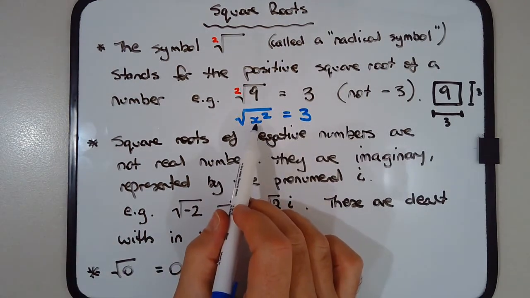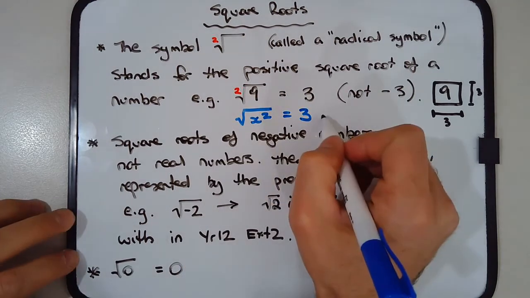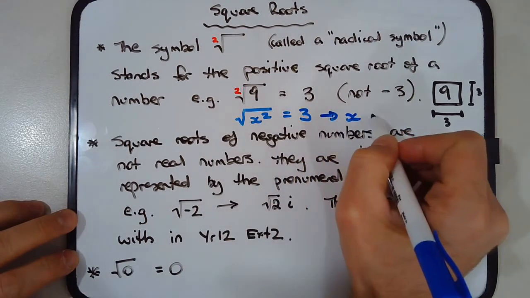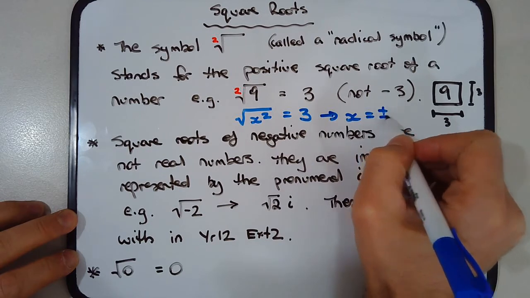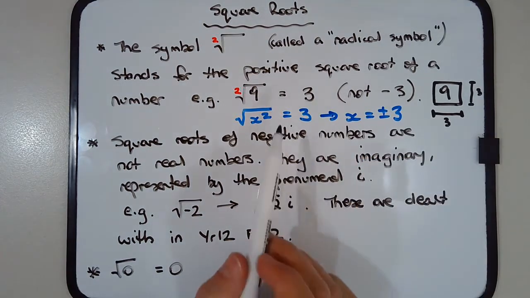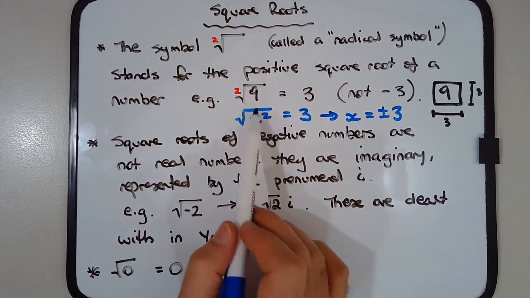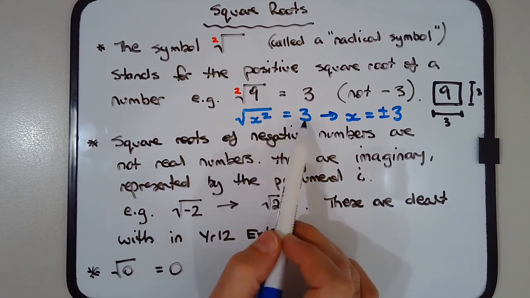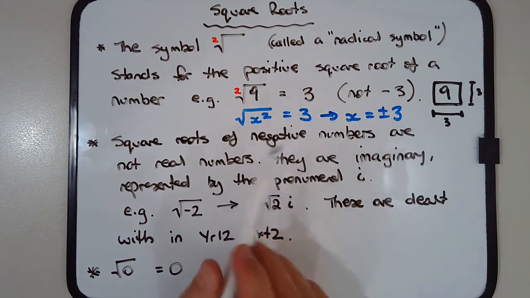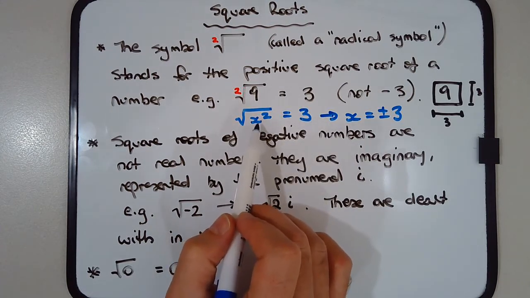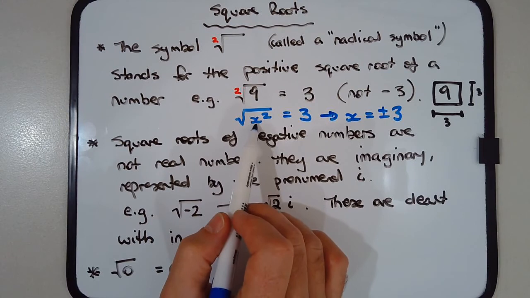Then the value of x could in fact be plus or minus 3. And the reason for that is because the value of x is unknown. We don't know what x is. The square and the square root, in fact, cancel each other out, and we end up getting 3 as an answer. But what we do know for certain is that if x is in fact negative 3 or positive 3,